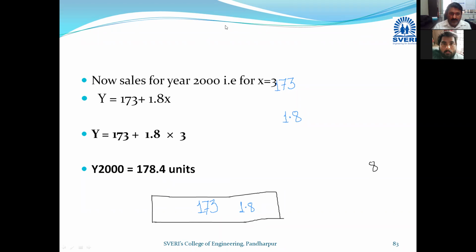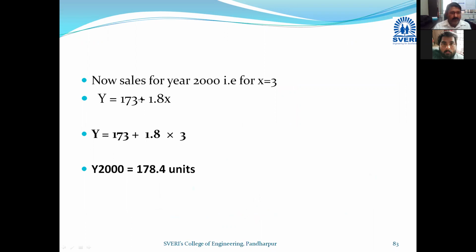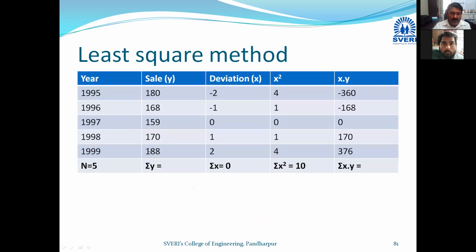So next is again very simple. So next what I have done, I have just used y is equal to a plus bx. I have used the formula, and by using the formula, now only the x value I have to go for. So x for 2000. So here you see x value for 1998 is 1. X value for 1999 is 2. I want to calculate for 2000. So x value for 2000 will be 3.